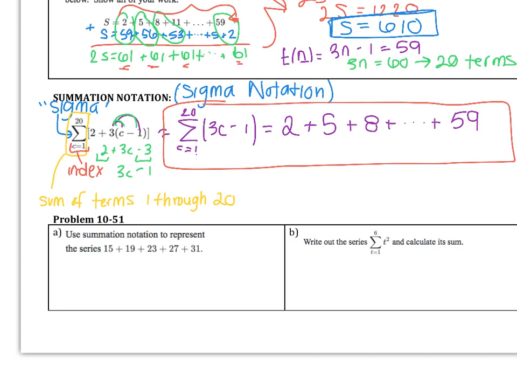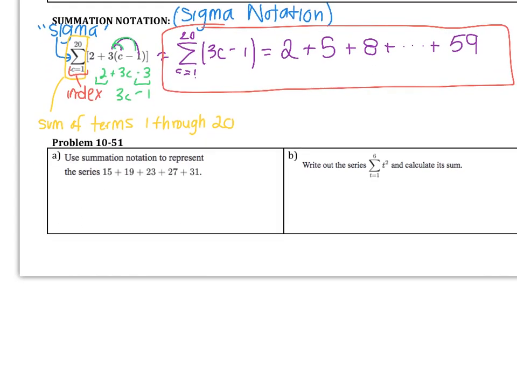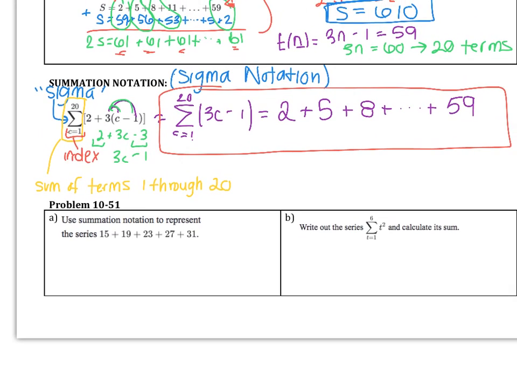Okay, so let's practice using this in problem 51. So in 51, we're going to use summation notation to represent this series. Basically what we're saying is we want a shorthand way to represent the addition of these 1, 2, 3, 4, 5 terms. So that 5, 1, 2, 3, 4, 5, that indicates what this top number is going to be. This is always how many terms there are. So if we have 5 terms, that means we are going to find the sum. So we'll use the sigma